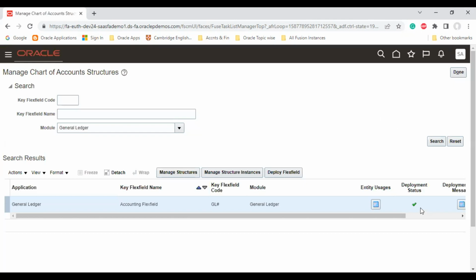As you can see, the deployment status is a tick mark. That is correct. Previously in our video there was an error. It was because if more than one user is going to deploy the flexfield, it comes with an error. But as you can see, we have overcome that issue and it has deployed this structure and structure instance successfully. So what we have to do is give the chart of accounts value set values. Now to do so, we will go